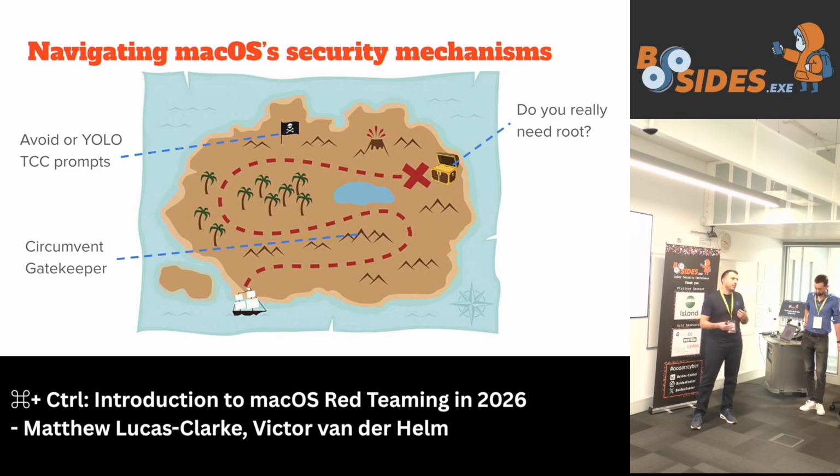There'll be cases where, depending on your execution, you can circumvent TCC prompts altogether. But perhaps as a red teamer, you'll want to spin up some very targeted ones that could blend in to the overall amount of prompts presented to the user. They might just click accept, as seen with MFA fatigue. And lastly, you'll want to consider whether or not you want to do a privilege escalation to the root user, now knowing that the user is the most important entity on the macOS system.